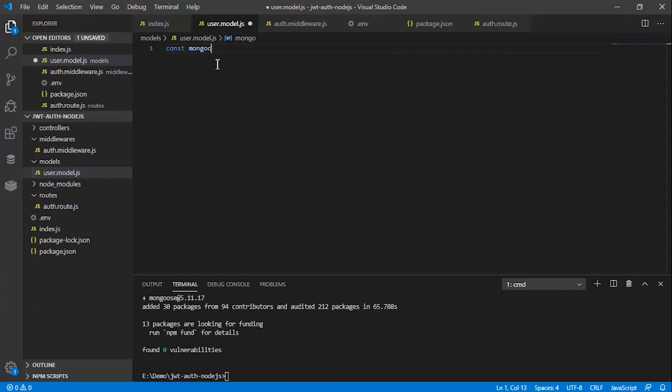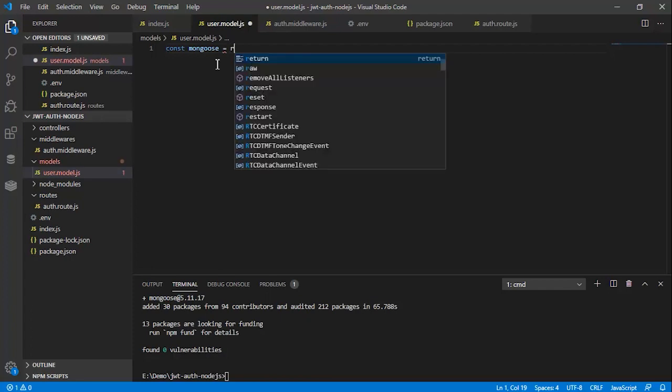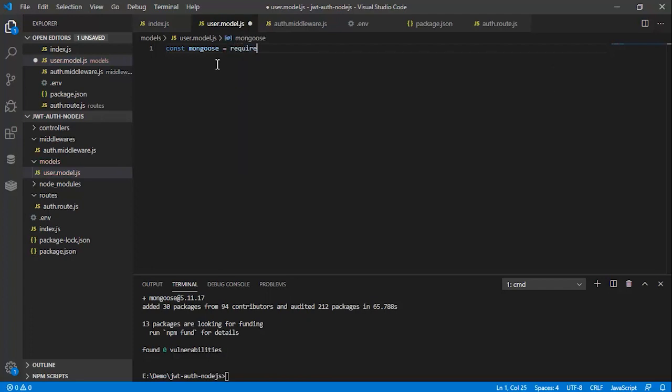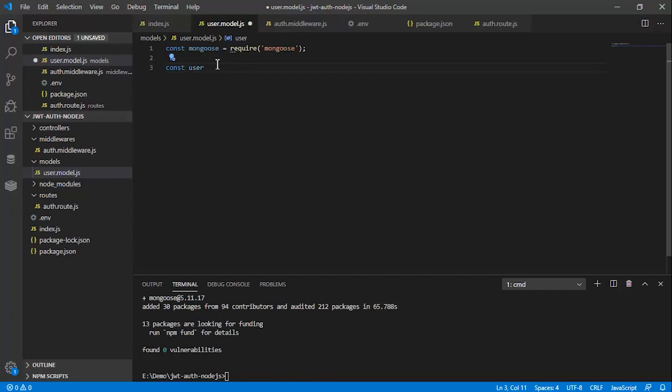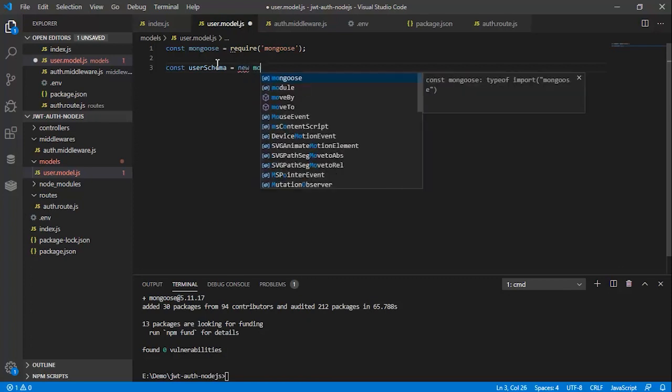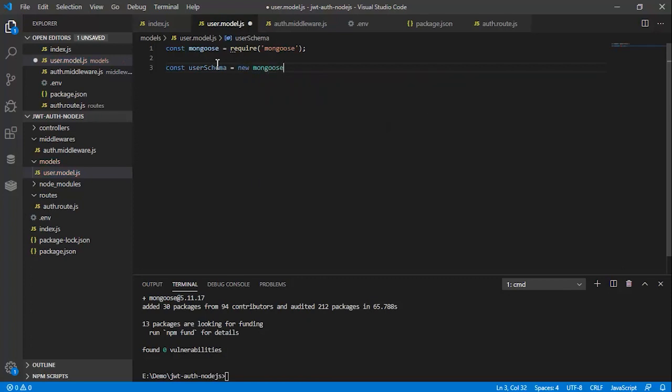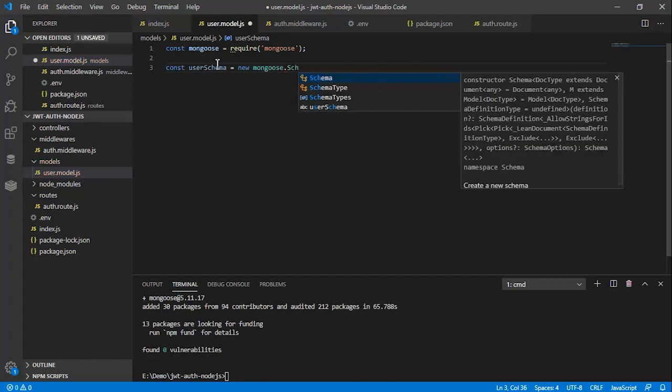First we need to get that Mongoose library, so require Mongoose like this, and then we will create our user schema. Okay, user schema. So new mongoose.Schema,